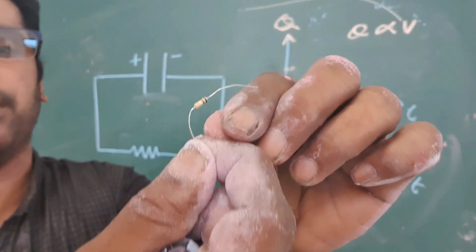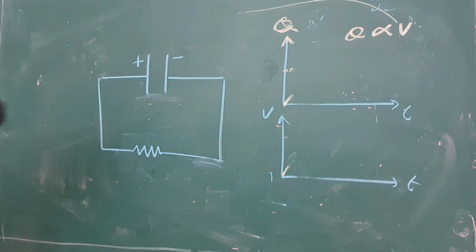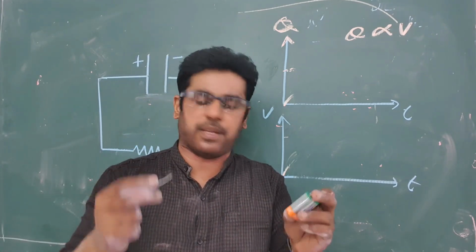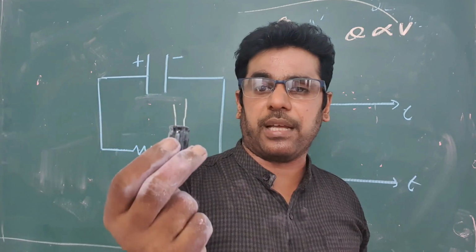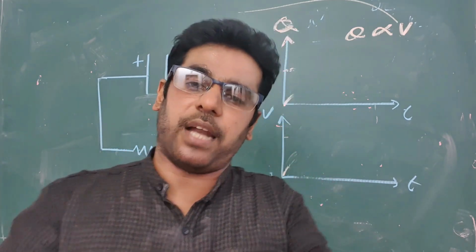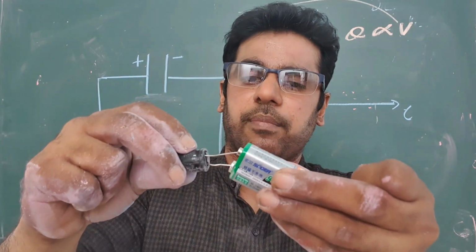Otherwise you can use by changing like this. Right, now I am going to connect this resistor with the capacitor. Now these are the basic function, these are the basic fundamental methods. Now when you take this capacitor from the market, it has no charge. After that you can charge it by using a battery, plus to plus, minus to minus.